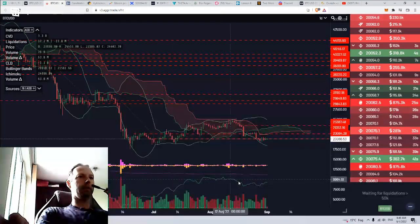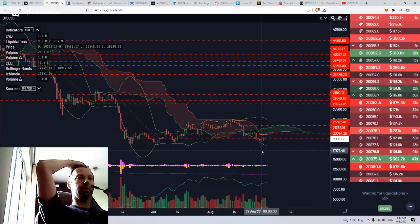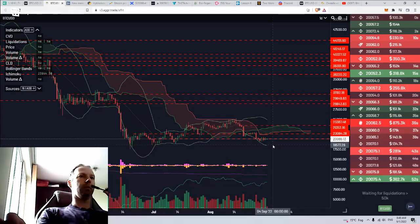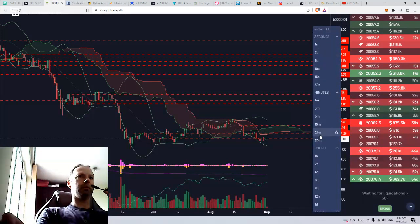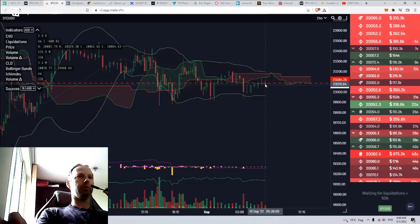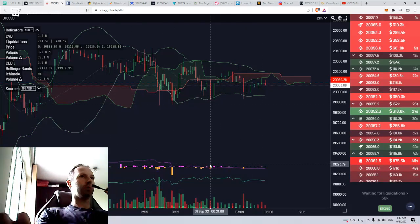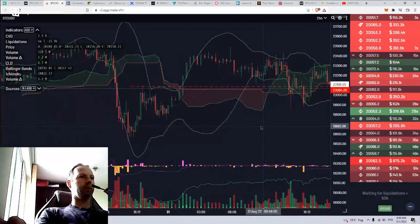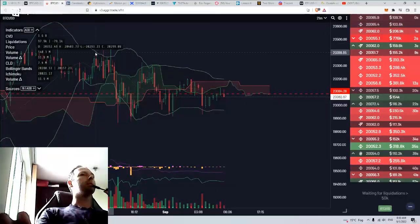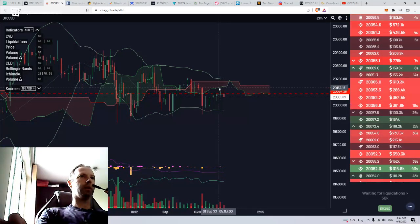With this high CVD here below the cloud, that's really bearish. I'm not buying this right now. At least what I see, how it works, we're below the cloud. Maybe we go lower. We have some sort of high CVD here that I think it's time to refresh to the downside. So really it doesn't look bullish to me. Actually it looks more bearish, like we are getting rejected from the cloud